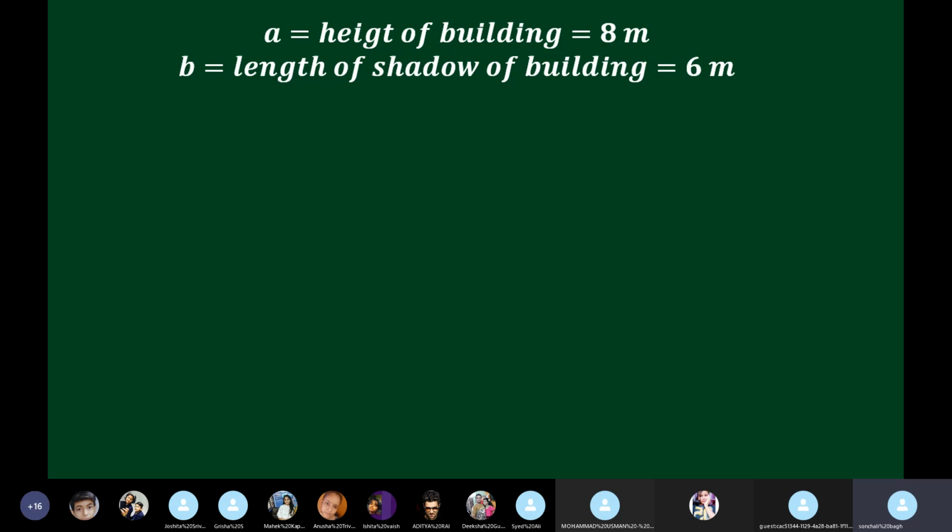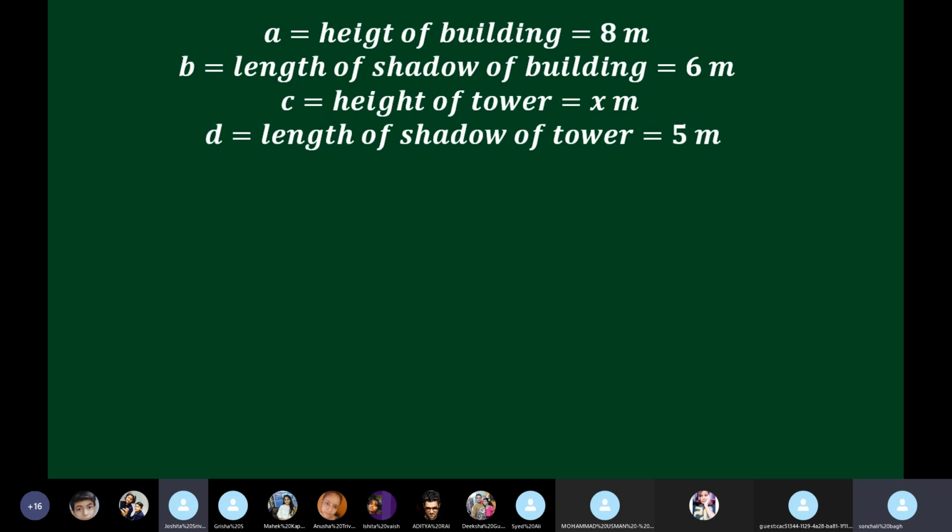C will be what? First see what relation I have placed where in A and B, and then tell me C. Don't say anything on your own. C will be what? Ma'am, X. I am not talking about X, Y, Z, A, B, C, D. What statement will be taken as C? Ma'am, height of the tower, and that is equal to X because that is missing. And D will be the length of the shadow of the tower. Ma'am, length of the shadow, 5 meter.